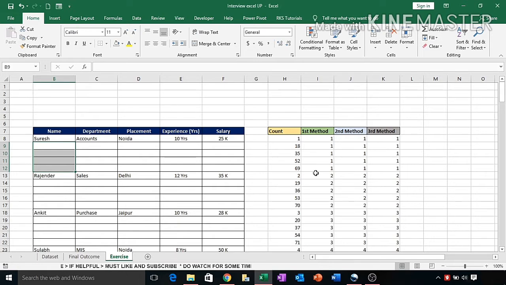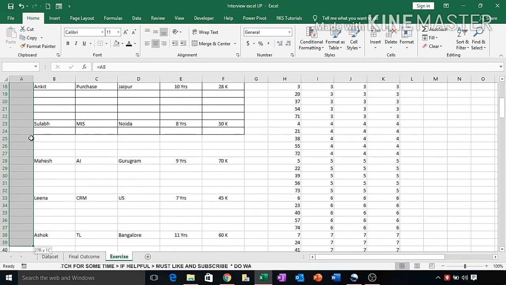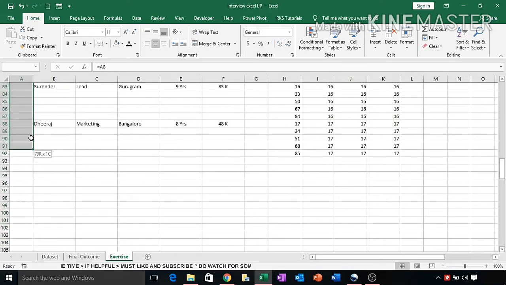Now we move to the second one. In the second part we have to insert all these values just below the names. So for that we insert a serial number over here, and we use the serial number not from 1 to 85. Instead of that we are using 1 to 5 each time for each individual entry. So 1, 2, 3, 4 and 5, and for the second entry we again repeat it. So instead of copying and pasting it again and again, we simply use equal to 1, enter, select all the cells below it, only up to 85, because we have to work only on 85 rows, and press Ctrl D.